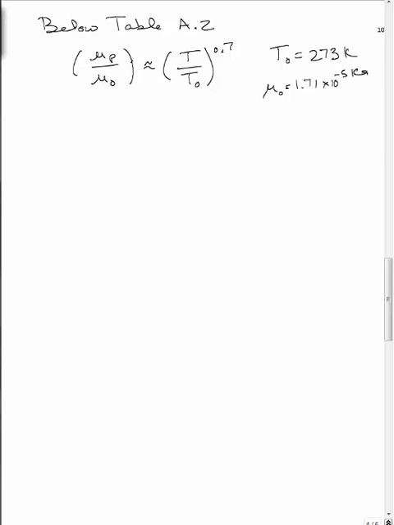I'm going to use the one where mu prototype, that's what we're trying to find right now, over mu naught, that's given, is about equal to T over T naught to the 0.7, and we're given a T naught under that table of 273 K and a mu naught of 1.71 times 10 to the minus fifth kilograms per meter second. Take that, plug it in, find all your values, and I'm not going to go through all the math, but what you get